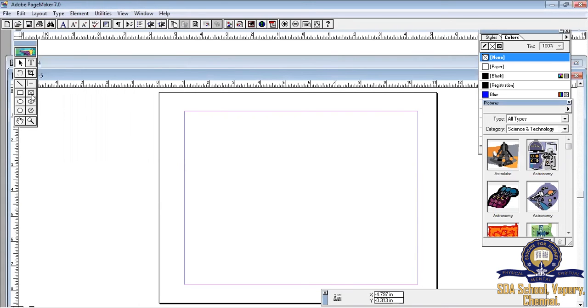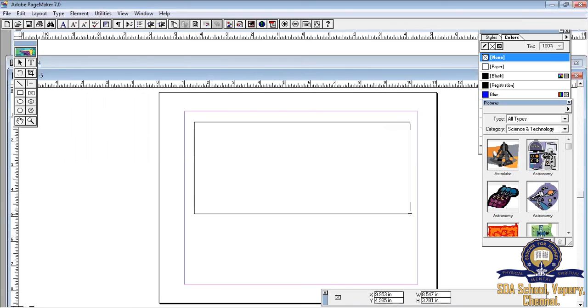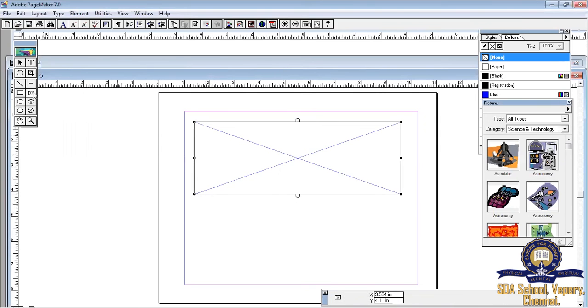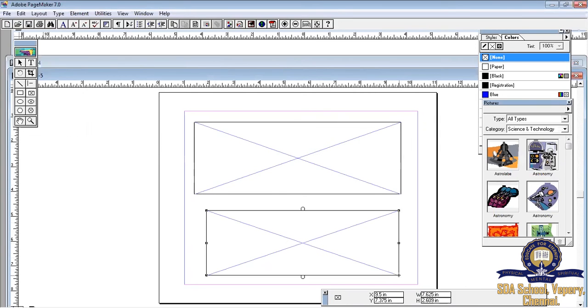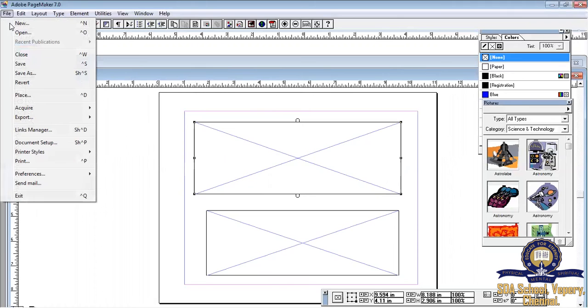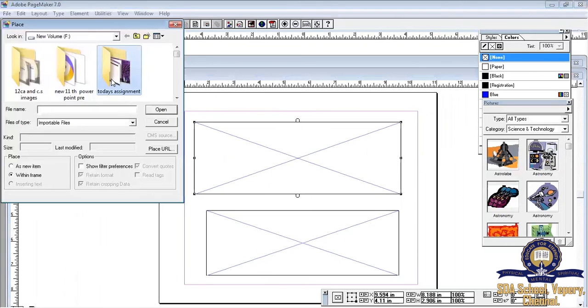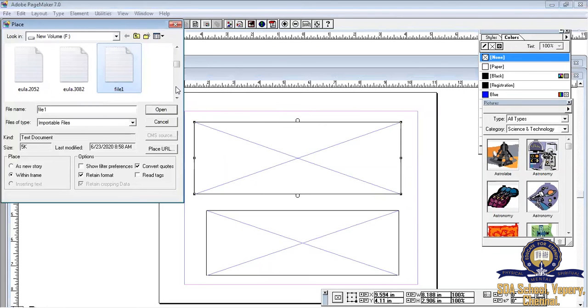Okay, before that, select your rectangle frame tool on the screen. Draw one more rectangle frame. There are 2 frames here. Now select your first frame. Okay, wow. Now go back to the file menu, choose place, select your file 3.